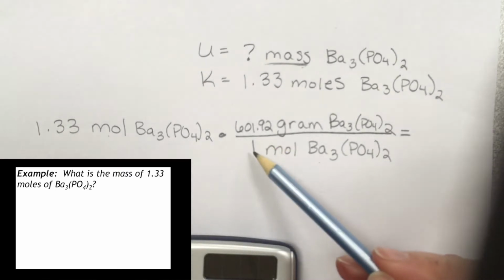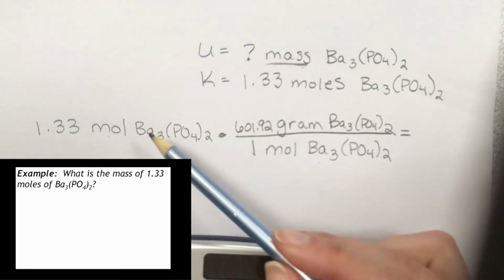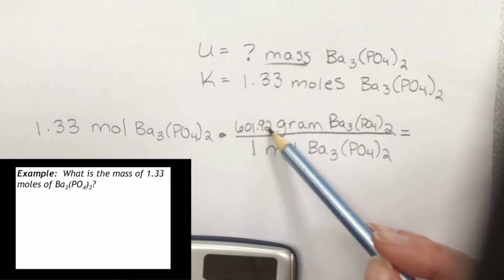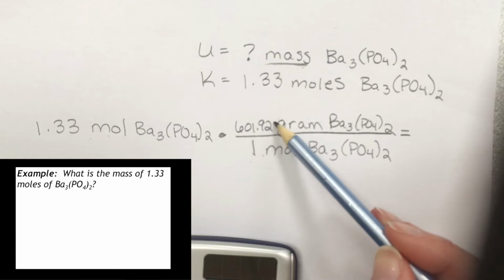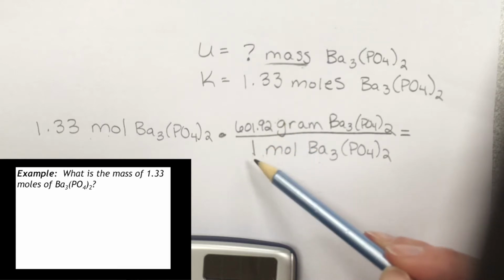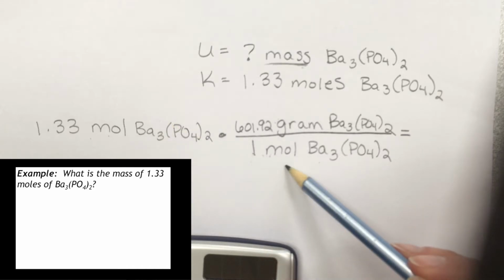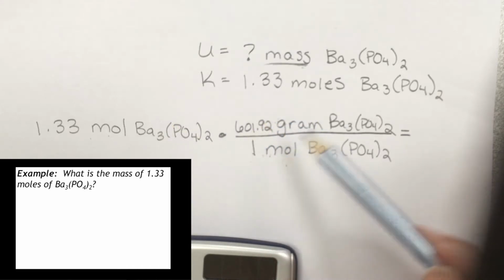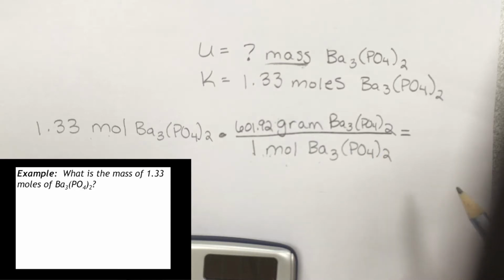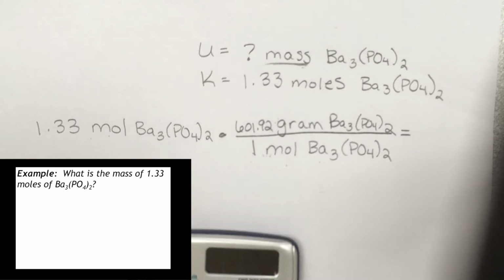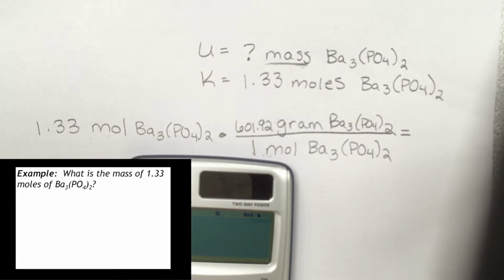So remember, if there is a 1 at the bottom, we're just taking this number multiplying by this number because it's a whole number. So if it's a 1, we just ignore it. If this number was down here, it would be this divided by this. We don't have to put in parentheses this number over 1. You can if you want, if you just need to have that organized. But how I do it is I just take 1.33 times